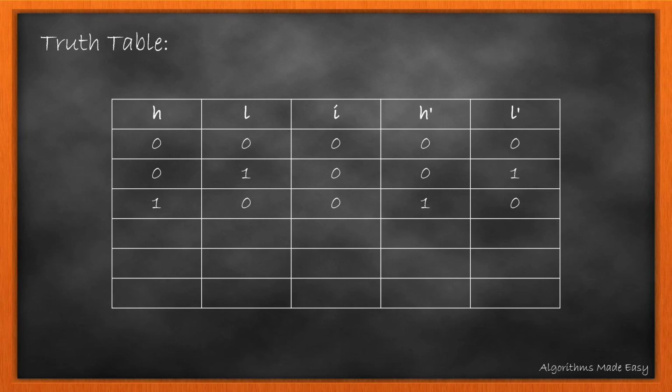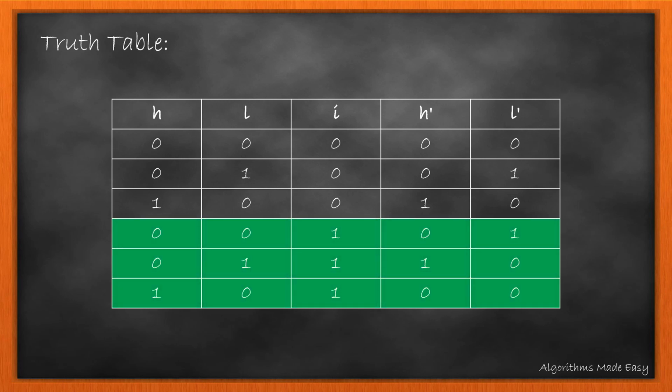Now we will first see the cases where input does not exist. As no input is there, the values of H and L remain unchanged. If input is present, then the table will look like this. Let's go through each output. If high and low are both 0 and input is occurring for the first time, then L gets updated. If L is 1 and input occurs the second time, we update L to 0 and H to 1. Now if H is 1 and input occurs for the third time, then we make H 0.